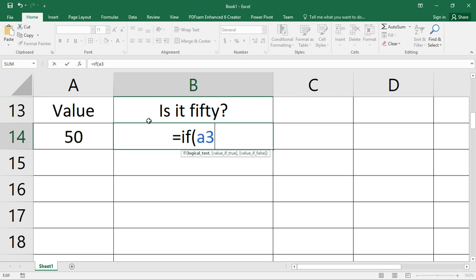So if A3 is equal to 50, comma, so that's the logical test. This one, this is the logical test. That's the logical test. Next you say